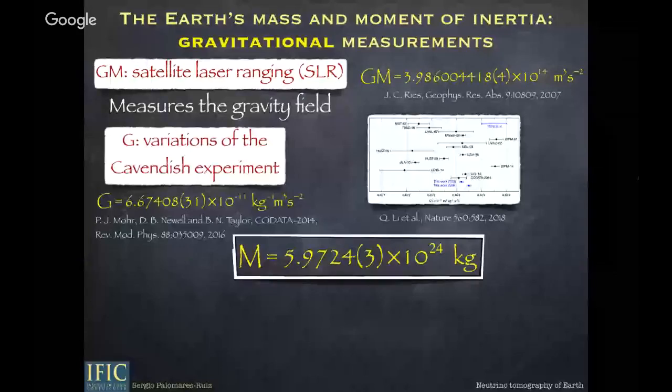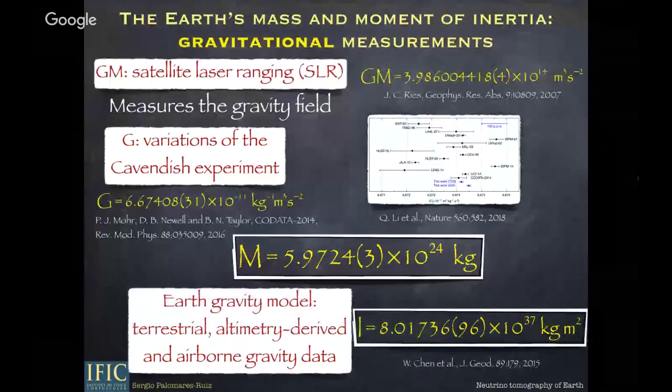But we can also determine, for instance, the moment of inertia of the Earth by doing gravity models of the Earth, and perturbing these models. The coefficients up to, I think, degree 2 are related to the elements of the tensor of inertia, and there are many gravity data that can be used to infer those coefficients, and from them to get the moment of inertia. So the average moment of inertia of the Earth is written this way. It's basically at the level of 10^-4 in uncertainty.